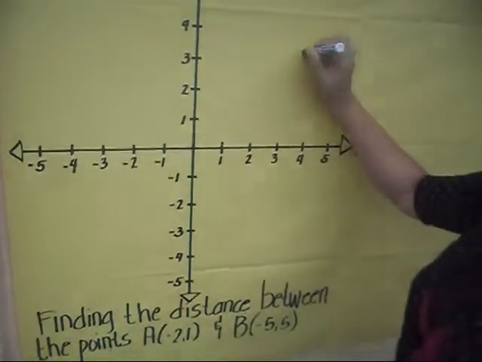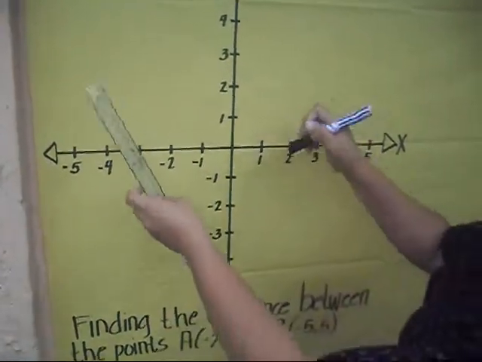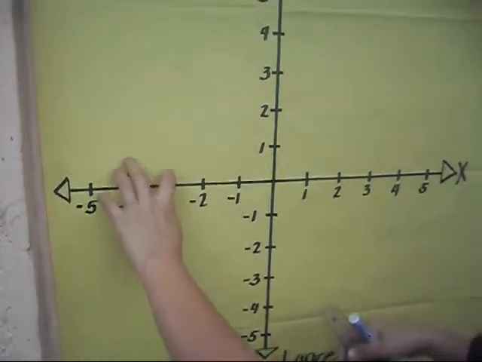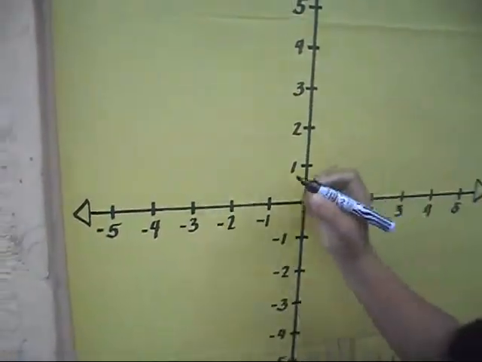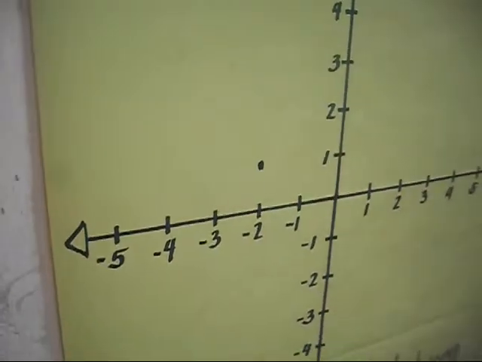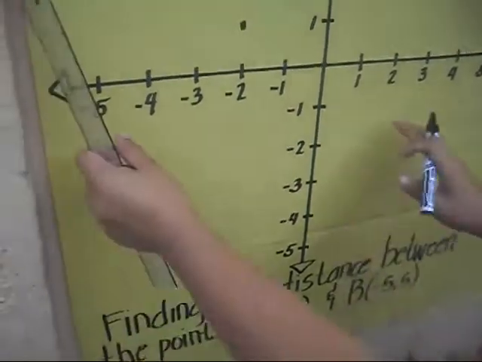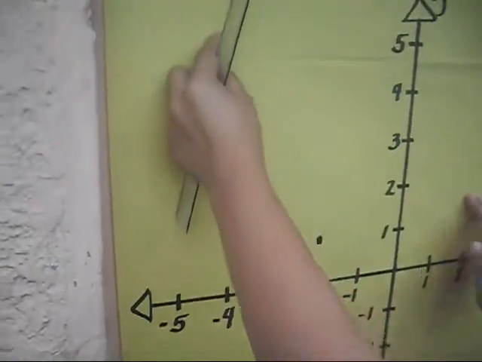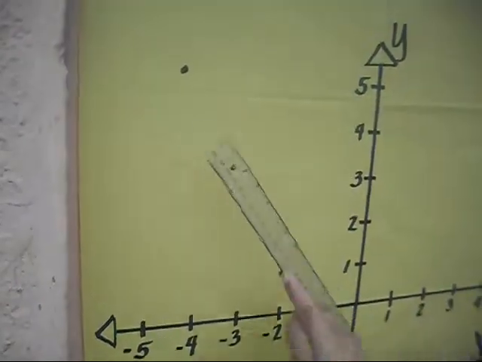We plot the points. Negative 2 and 1, here. Here's the point. And second, B, negative 5 and 5. Negative 5 and 5, here. Here is the point. Then,